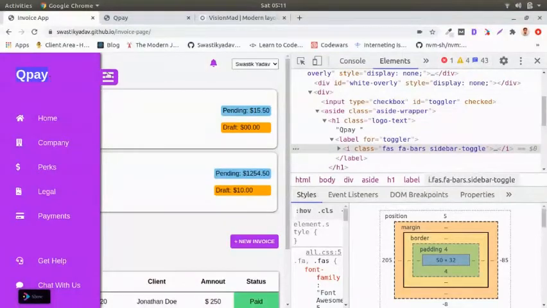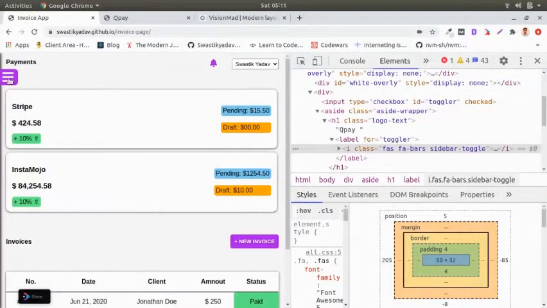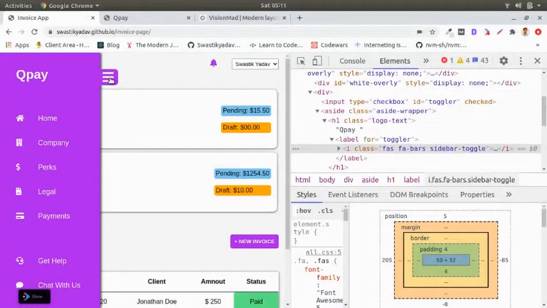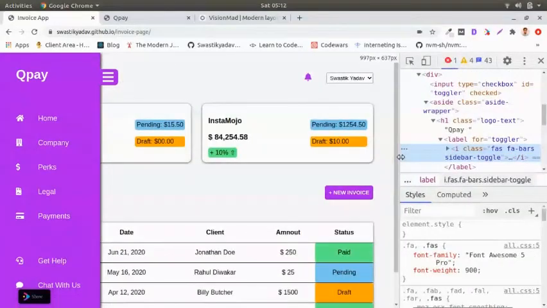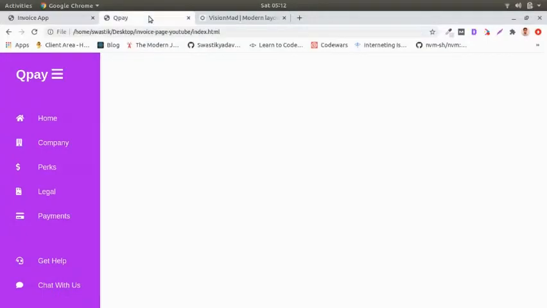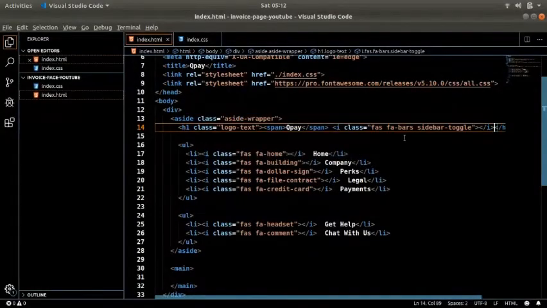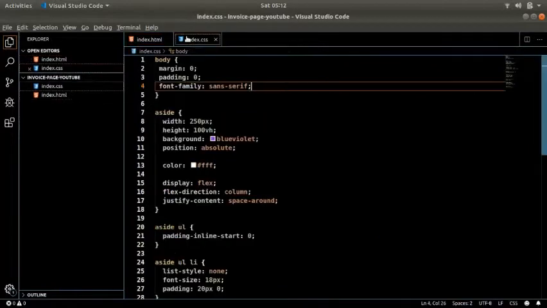So I'll set this as relative and the hamburger as absolute so that it's relative to qpay, the h1, and it doesn't move anywhere no matter what we do with the page. Even no matter how much I resize the page, it won't go anywhere. So let's actually do that. So we have it with the name of sidebar-toggle.